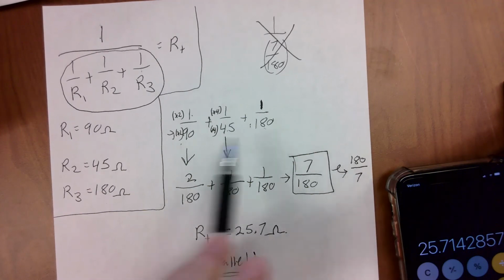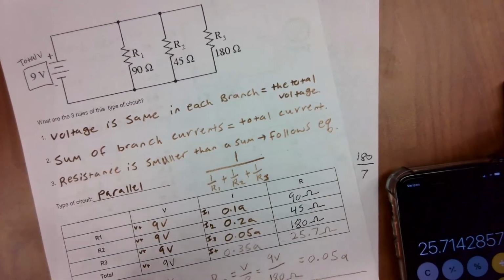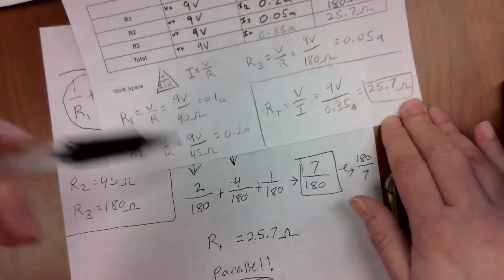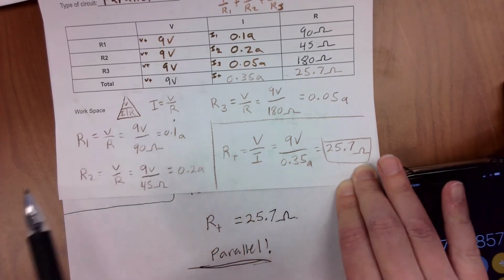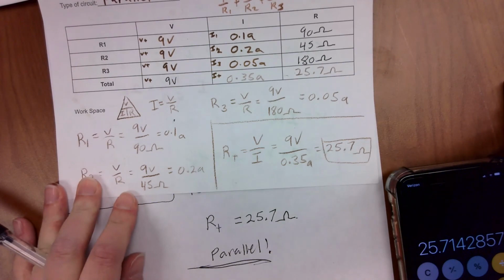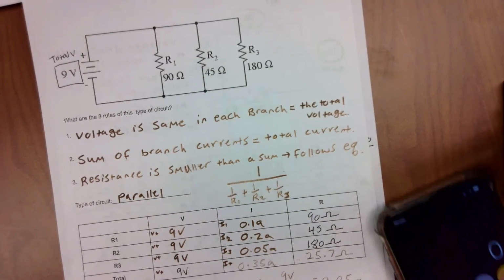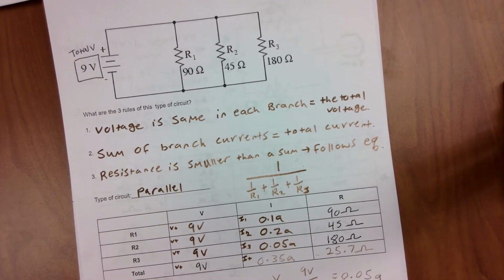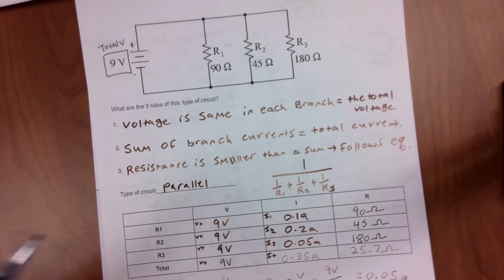If you're not so good at fractions, if this stuff is harder for you, try and use this method, because this method is easier since you're already using an equation you know, hopefully. But now that you've filled in all of your blanks, you have finished your problem. You've finished filling in everything that you needed to. Okay? So that is how you do parallel circuit